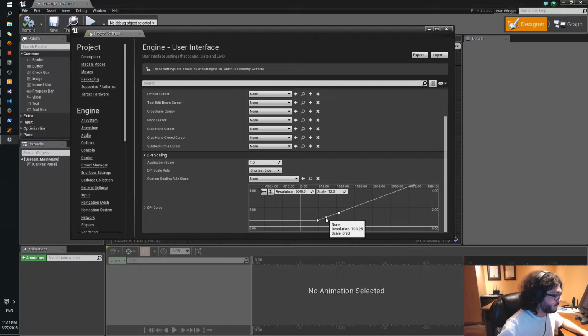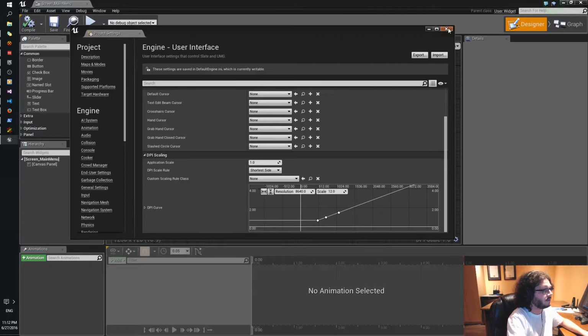And the reason why you put this here at 720 and this here at 1080 is so we don't get any weird rounding errors. We want 720p exactly and 1080p exactly to behave as 1.5 or as 1.0 directly. At least I'm assuming that's why Epic did it that way, right?